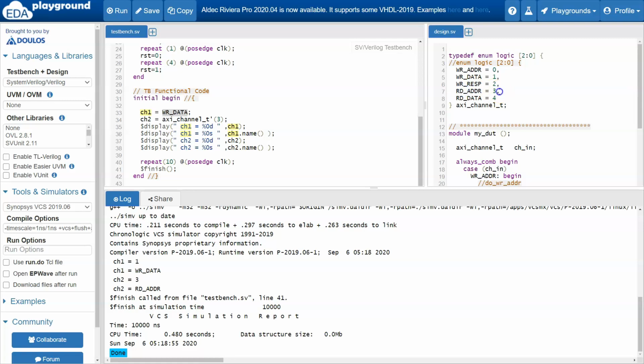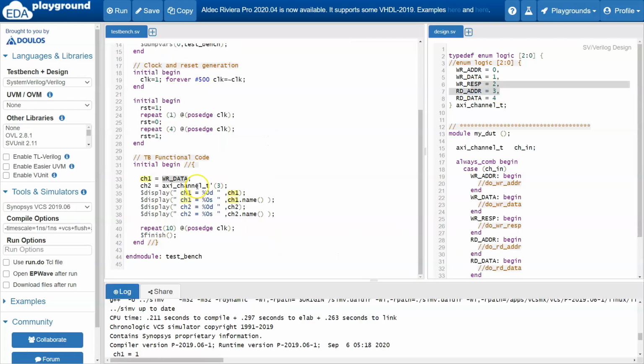So as a conclusion, after defining and using an enumerated variable, you can use the typecasting method to convert any integer value to the appropriate enumerated value, and also you can use the variable dot name to get the string representation of the enumerated variable, but it is only possible if you define this as a typedef enum, not as a simple variable enum.